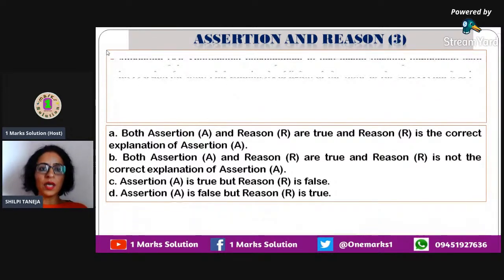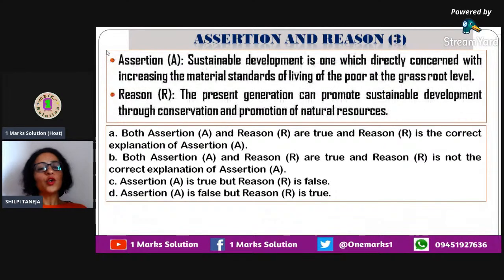Now question number 3, sustainable development. I hope you all understand the meaning of this term, as you all have been reading this since class 9th or 8th in your science subject. So what is sustainable development? It is that we are using the resources in such a way that we can save the resources for the use of future generations also. That is sustainable development. So assertion says sustainable development is one which is directly concerned with increasing the material standards